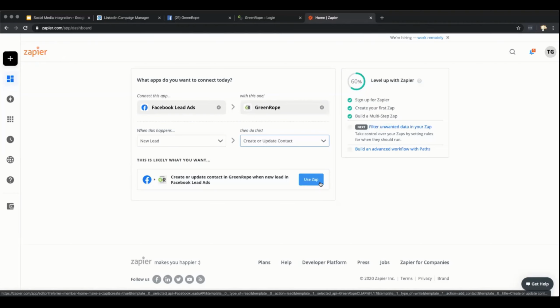It will email you and let you know that there's an issue with your Zap, and then all you have to do is go and reauthorize the account. But just keep on the lookout, because I've had that happen where a Zap has turned off just because we needed to reauthorize LinkedIn, so keep that in mind.